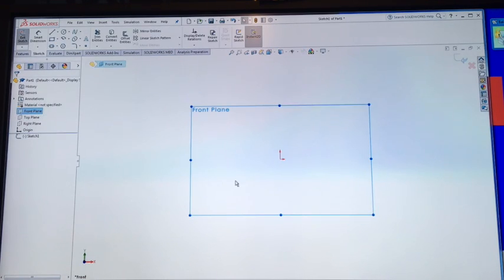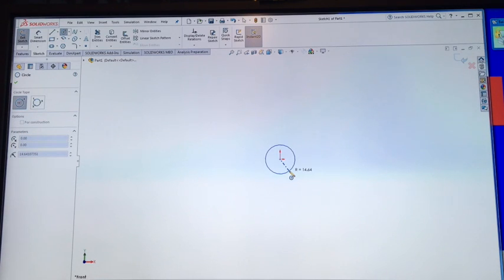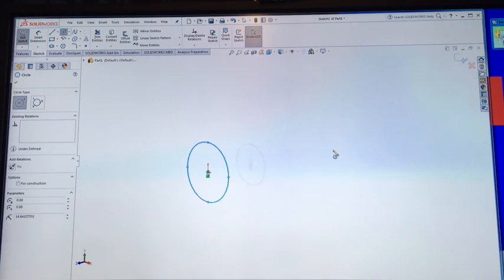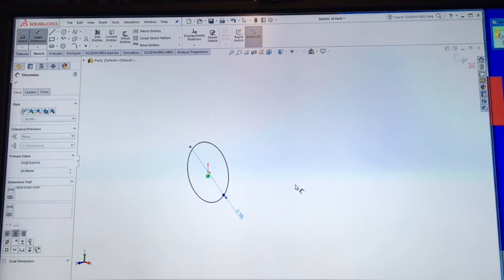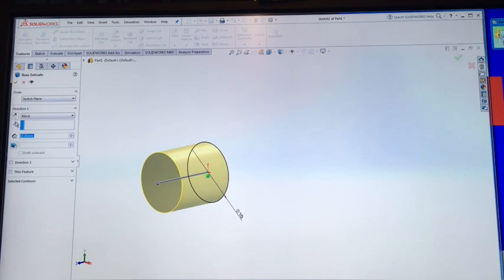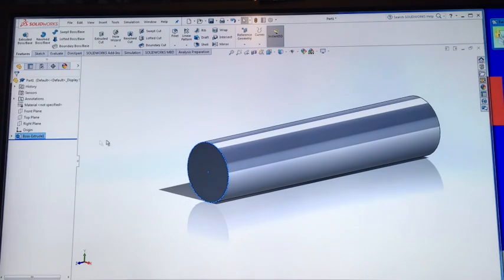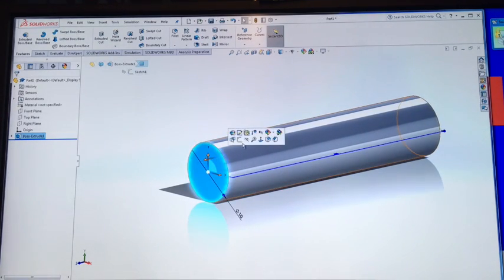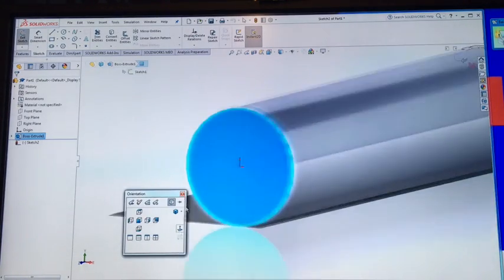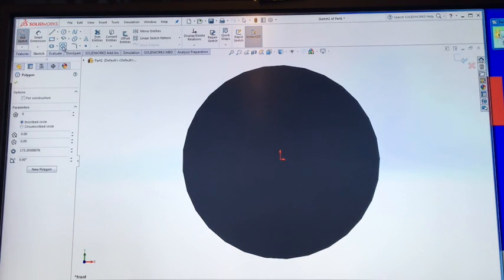So on my front plane, we're just going to try and make the same size bolt. I'm going to make the threaded part first. It's an M10 bolt, which means 10mm diameter, and the one we made was 45mm long. So I make that 45. And then on the end of this face, I'm going to do a hexagon. So I use the polygon sketch tool,